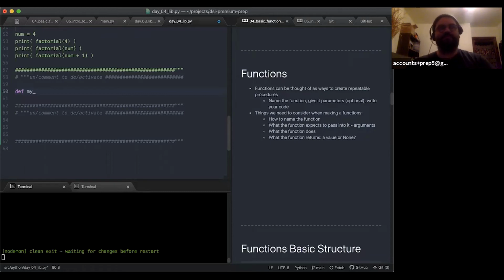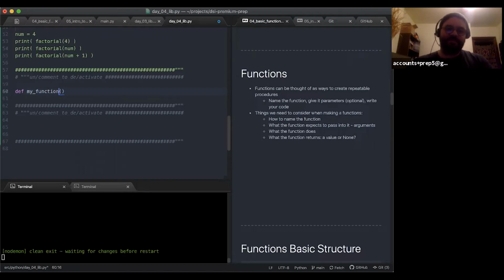I'm like 99% sure that that's what PEP 8 advises as well, to use the same naming convention. So any name is fine. I'm just going to call this my_function,